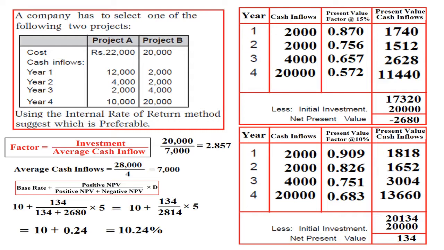Don't panic about the factor. Leave the factor aside. Just calculate one positive NPV and one negative NPV, and find the answer for IRR. That is fine. If at a particular percent you are getting a positive NPV, to get a negative NPV, increase the percentage. If you first got a negative NPV, how to get a positive NPV? Decrease the percentage. That's all. Clear? So like this you can calculate.